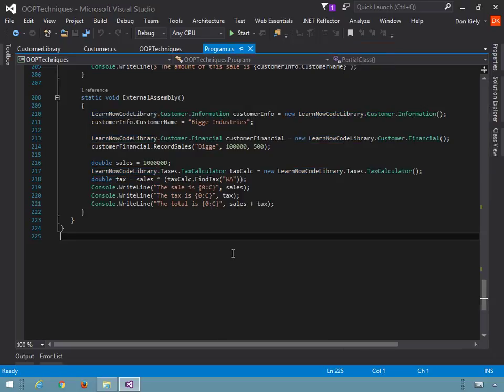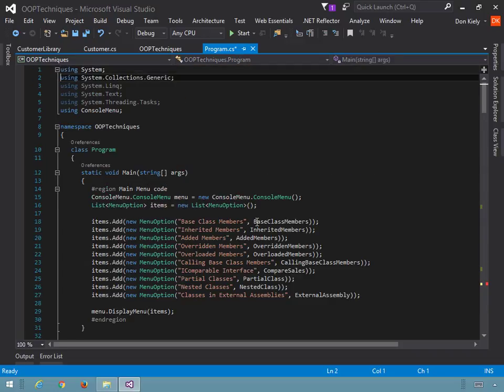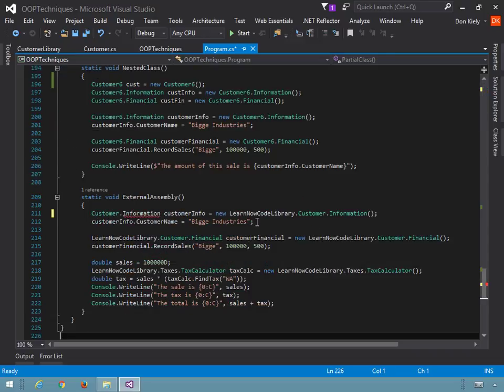Okay, the other thing about this code is that I typed it all out. I don't need to do that. Just like other namespaces, I can use this in a using statement. So I'm going to cut that right there and get rid of that period. And then I can come up here and do a using statement like that, and then go back down to my code. And now I don't need to type out the fully qualified name,